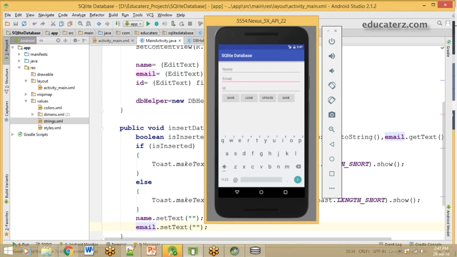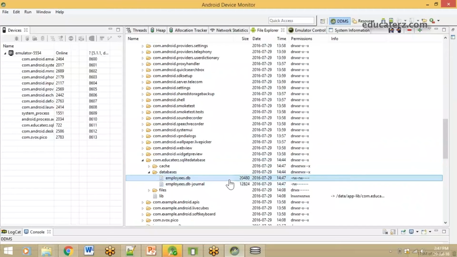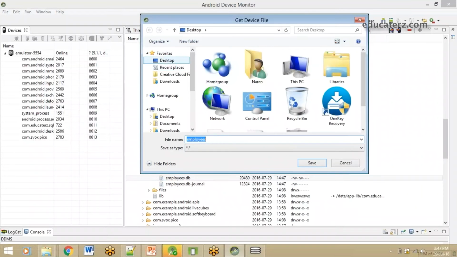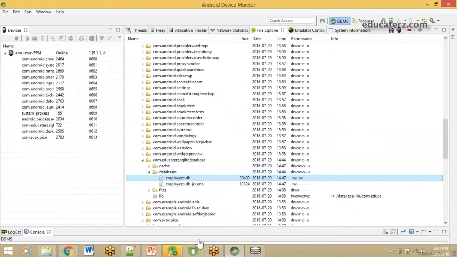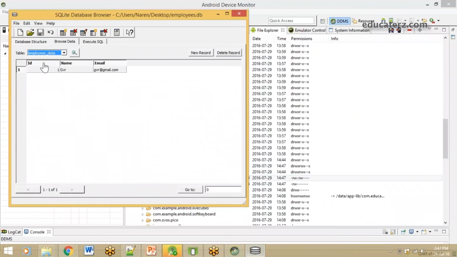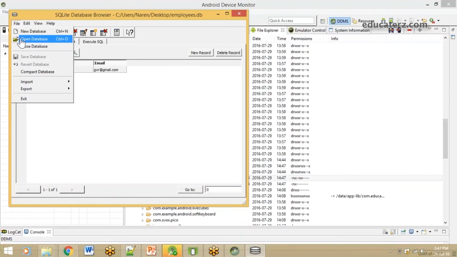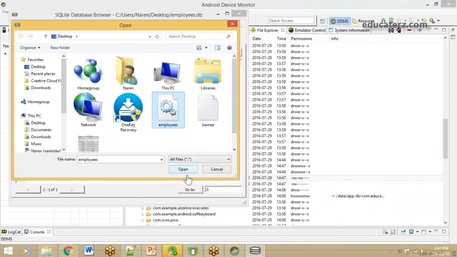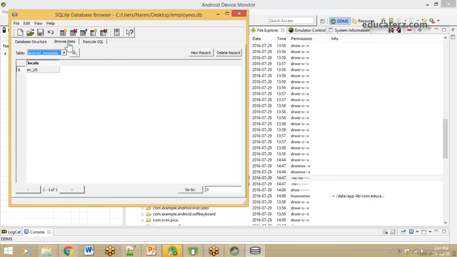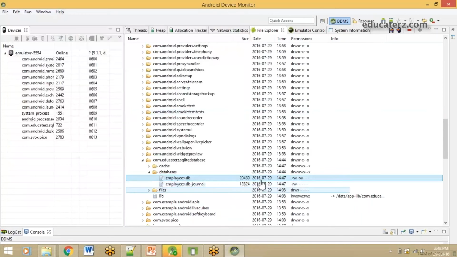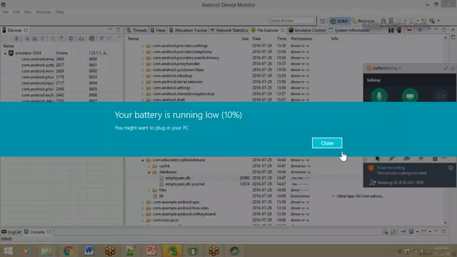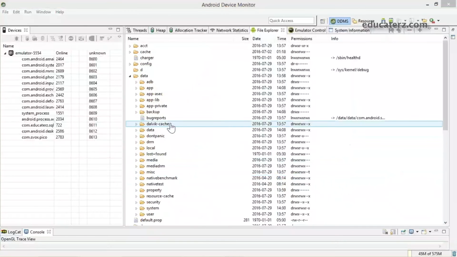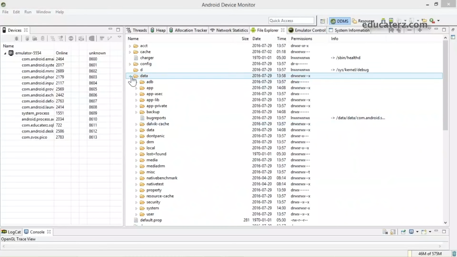If you want to check it now, the same process: go to this particular part and select this employees DB, pull it out and save it on the desktop. Go to your SQLite Browser and browse it. And as usual, browse the data. It is not yet refreshed, it seems. I have restarted my Android Device Monitor.